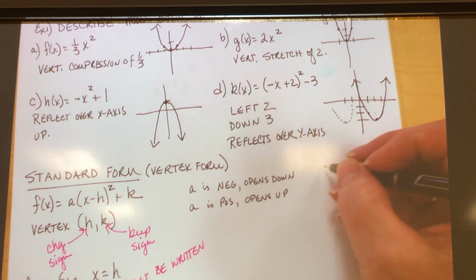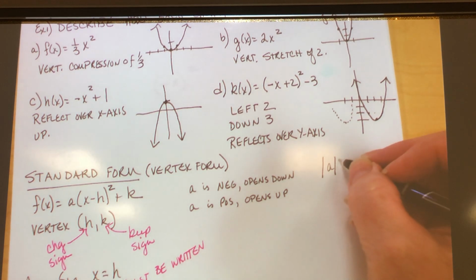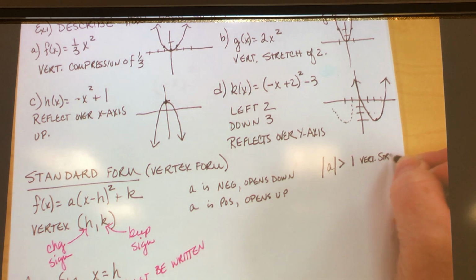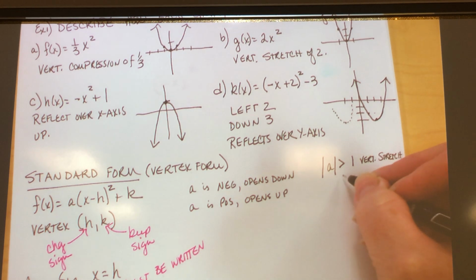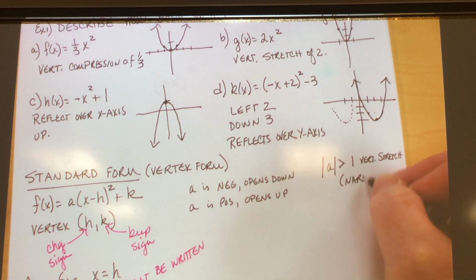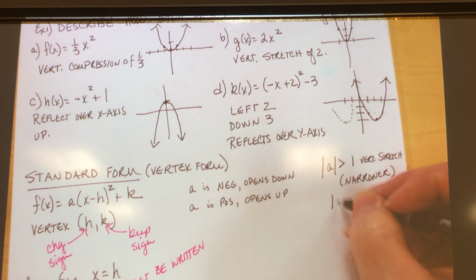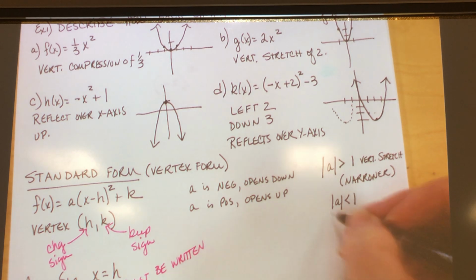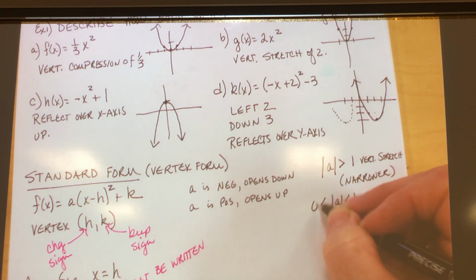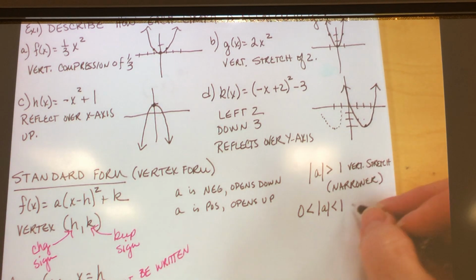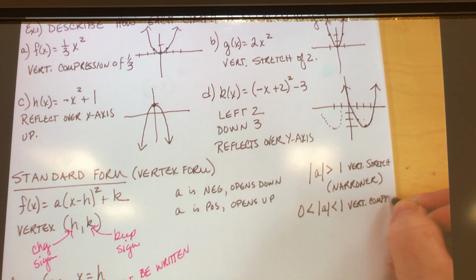So I'm gonna say, if the absolute value of A is greater than 1, that will be a vertical stretch. It will make my parabola narrower. Okay? If the absolute value of A is less than 1, but greater than 0, he's in between 0 and 1, then that's gonna be a vertical compression, which you could also call